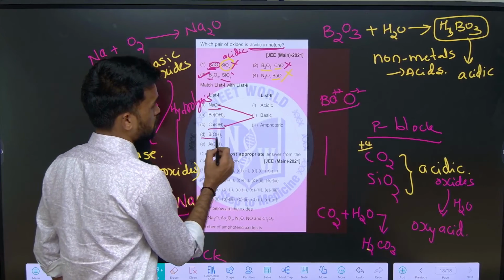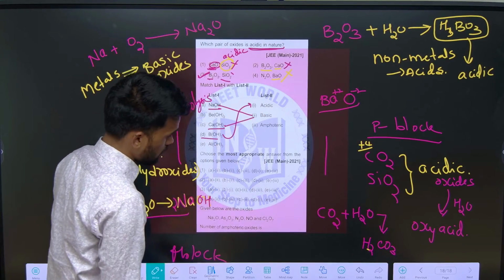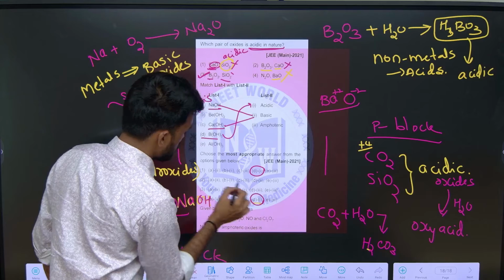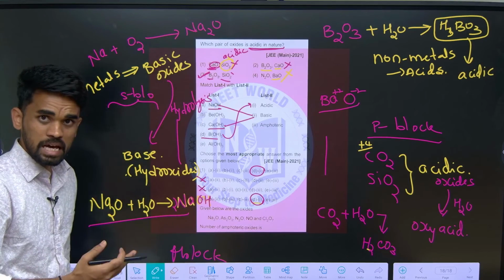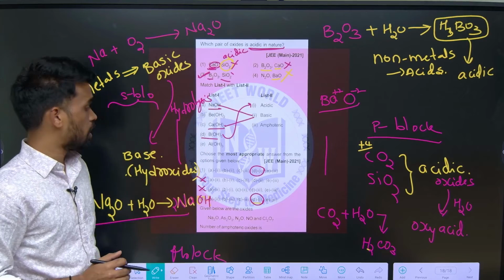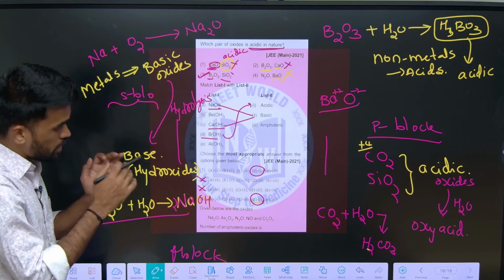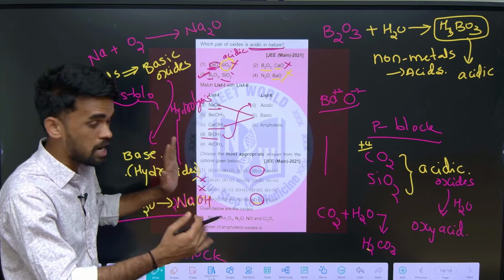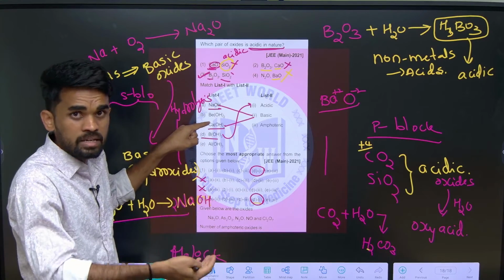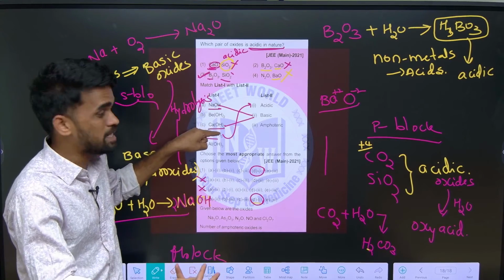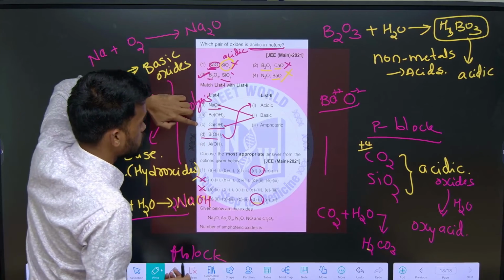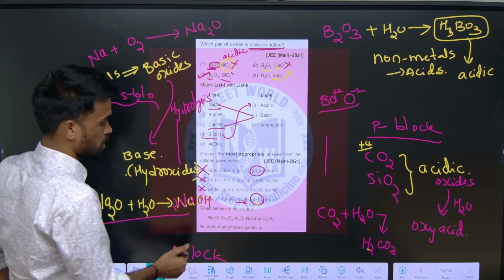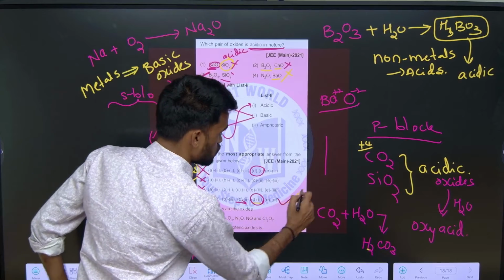So D should be 1. In which options is D1? D1 is only in 2 options, option 1 and option 4. So the remaining options are eliminated. Based on what we know, we can eliminate accordingly and simplify. One more thing, for C both options are different here, so we got our answer. Calcium oxide is basic, so its hydroxide should also be a basic hydroxide. So C should be 2, which is here only; here it is 3. So the first option is also incorrect, and you can choose option number 4.